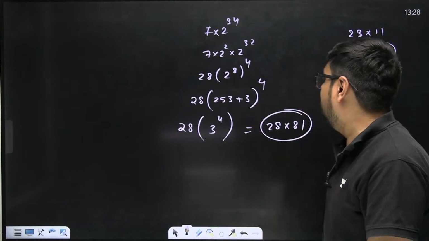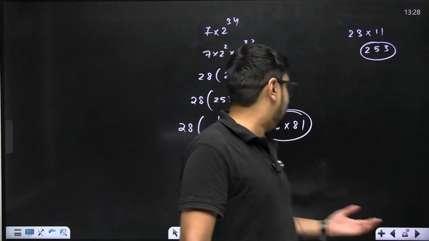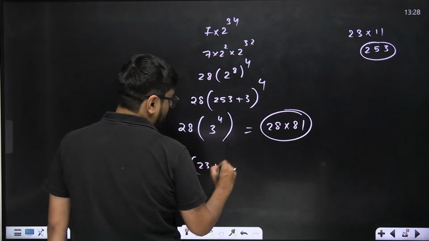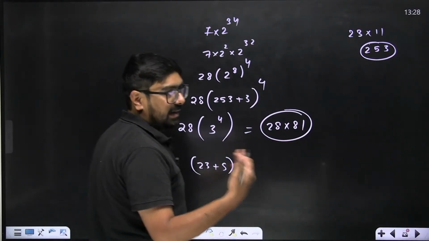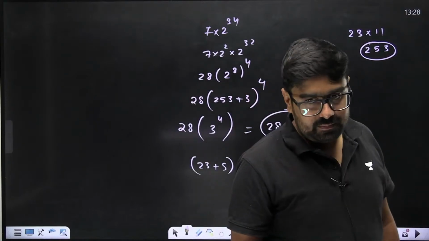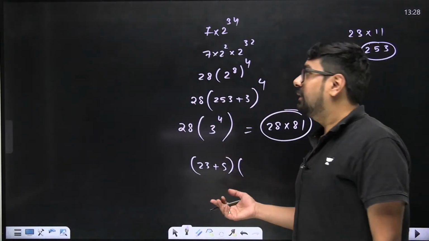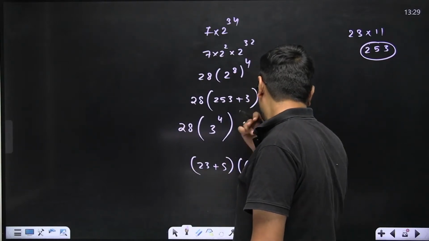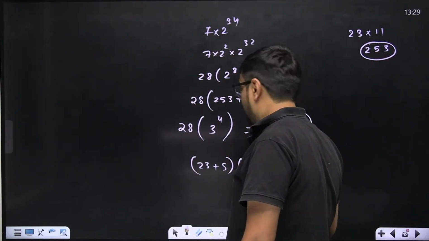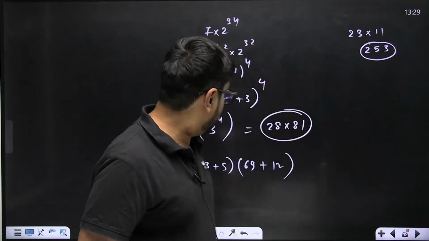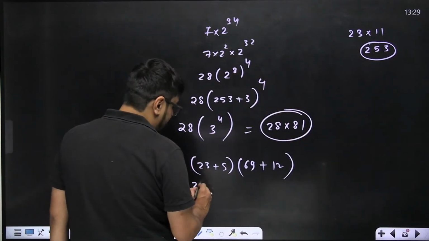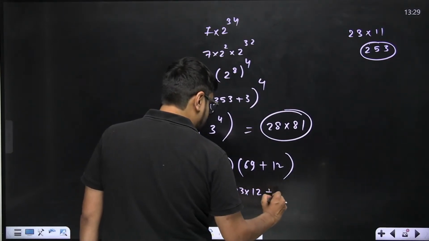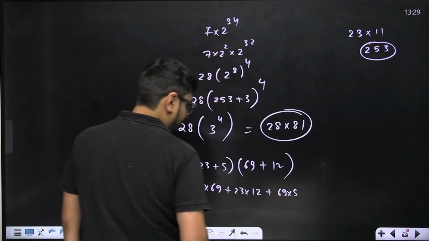256 multiplied with 81. How do we now find the remainder? Write 256 in terms of 23: 23 plus 5 multiplied with 81. 23's next multiple is 46 and third multiple is 69. So 69 plus how much will it come? 12. Correct? 12 only. Now see, this will become 23 multiplied with 69 plus 23 multiplied with 12 plus 69 into 5,